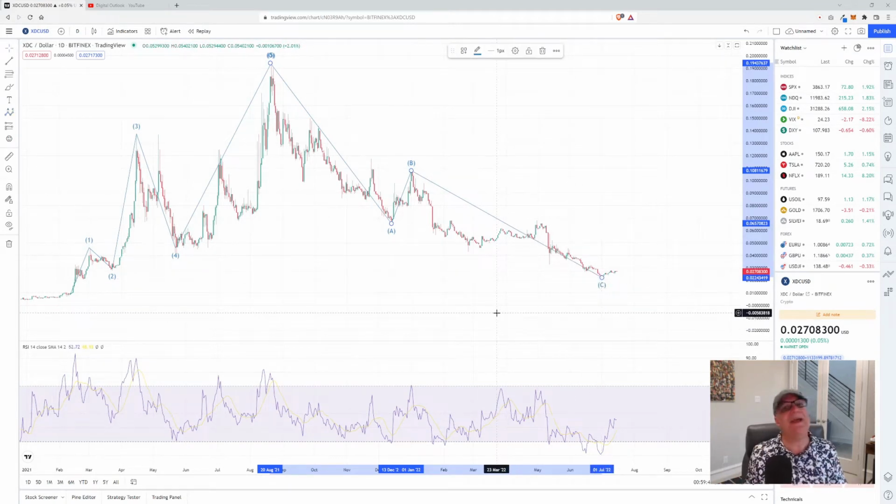Now guys, why does this chart excite me so much? Well guys, what I see in this chart is just such a setup for maximum growth potential in XDC that when we start climbing back up and we start hitting some of these higher targets and the bull market is on again, I think XDC is going to blow past this last impulse wave, this last five wave, and we are just going to see something like we haven't seen in a long time. Now I'm going to show you why.